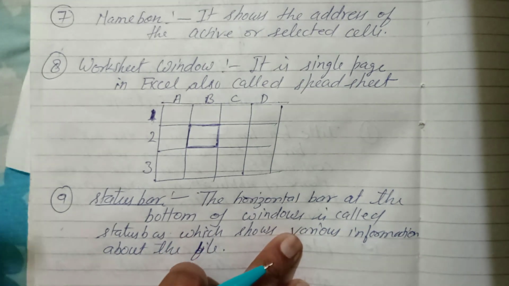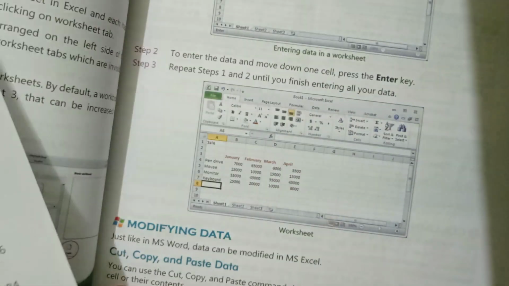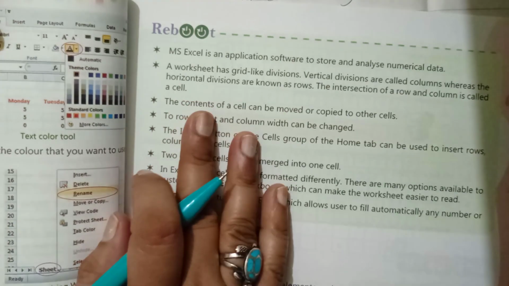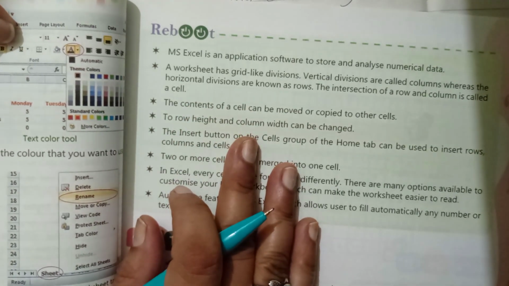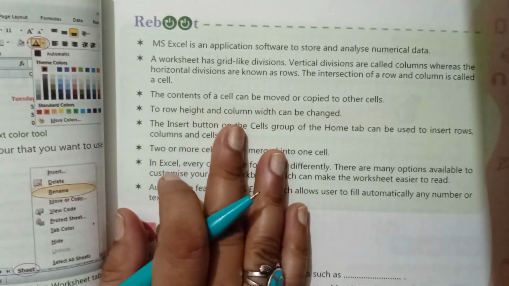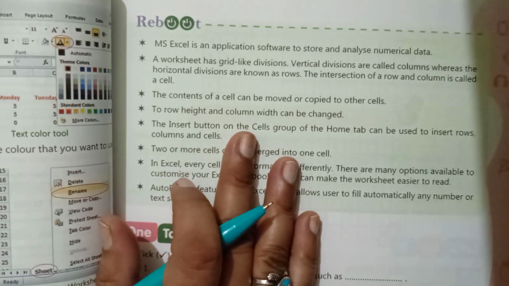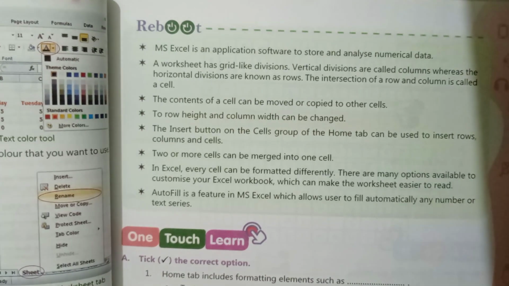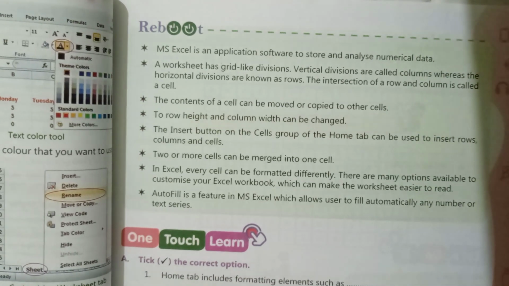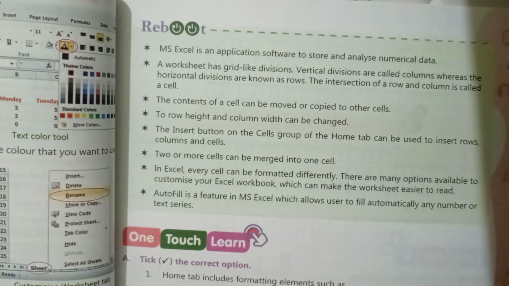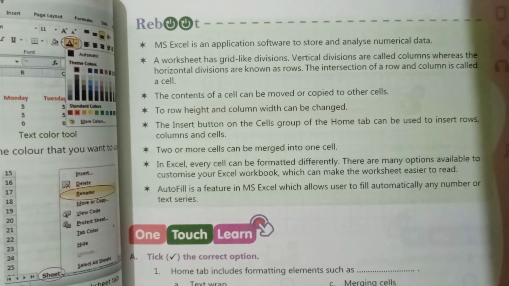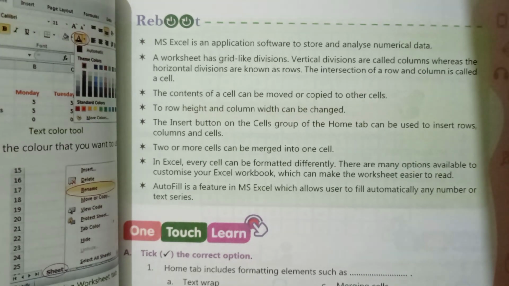Now see what is your homework. You have to write all these points in your fair notebook, but before writing these points, you have to write the second term syllabus in your notebook and then do this work in neat and clean handwriting. Okay, and if you have any type of problem regarding this content, you can ask in the query session. Okay, time will be given with your video.